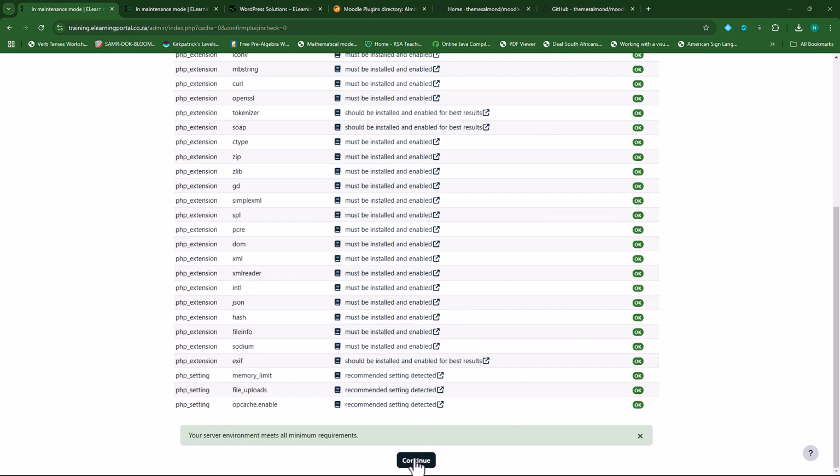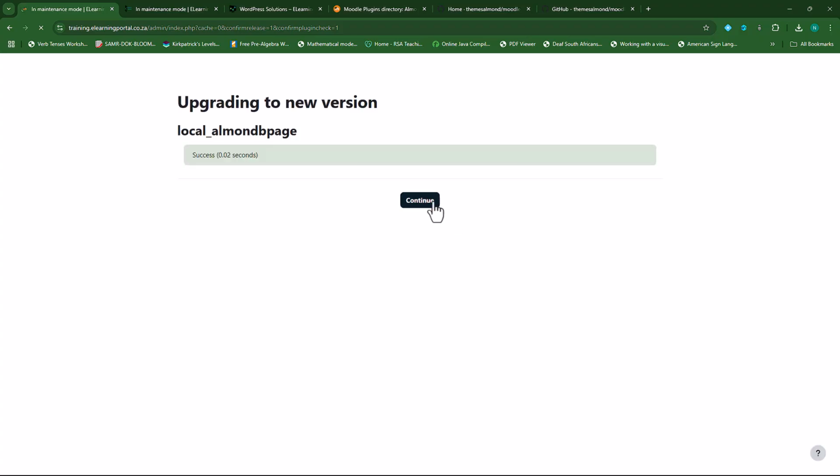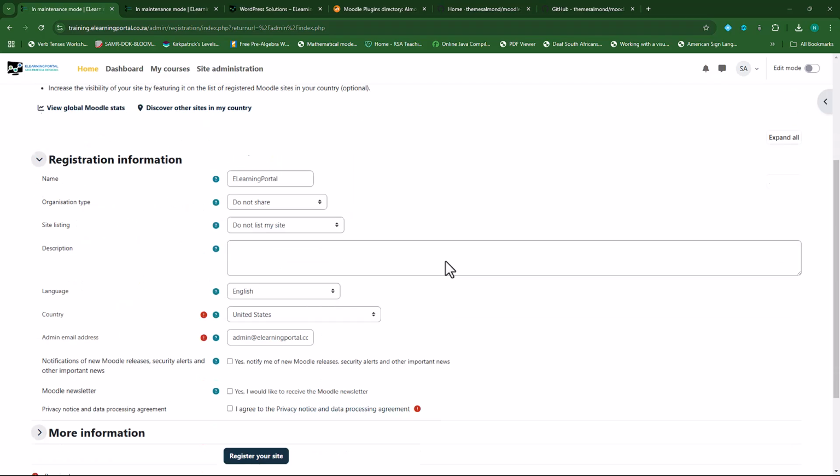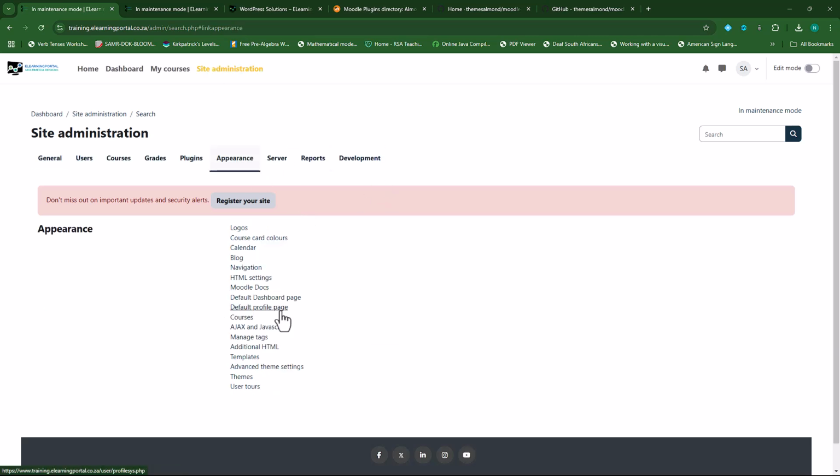It's going to check my environment. If it meets my minimum requirements, I'll just upgrade the Moodle database and then continue. So that's it. Okay, so now that we've installed the plugin, let's go to site administration again, appearance, and then